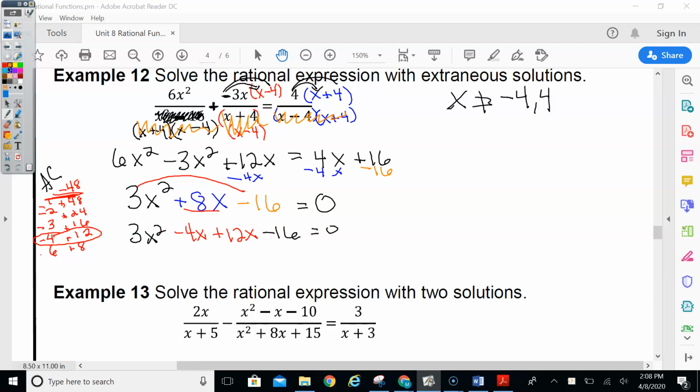So now we factor by grouping. So take these two and divide out an x, and we're left with 3x minus 4. Take these two, and it looks like they can both be divided by 4, positive 4. So then I'm left with 3x minus 4 again. So the thing that they have in common is the 3x minus 4. So factor that out, and then I'm left with x plus 4